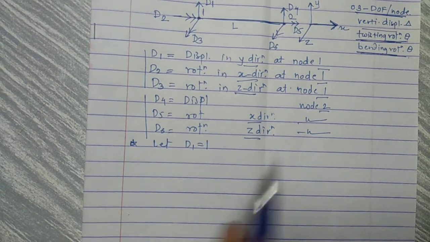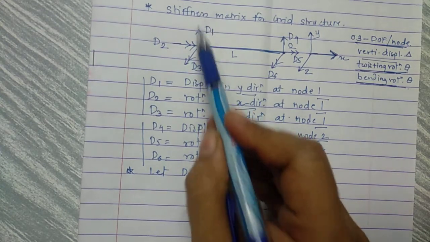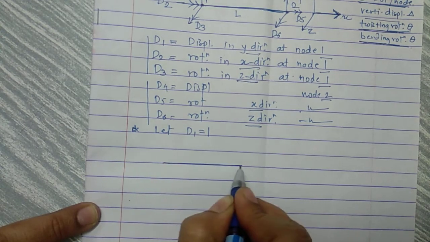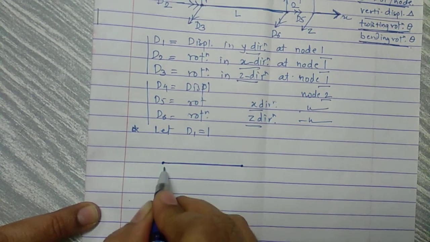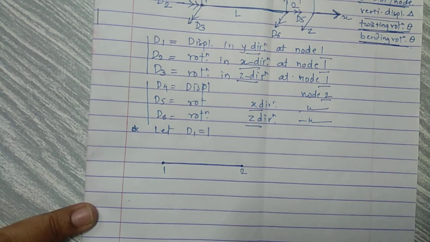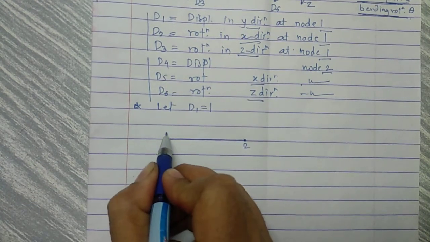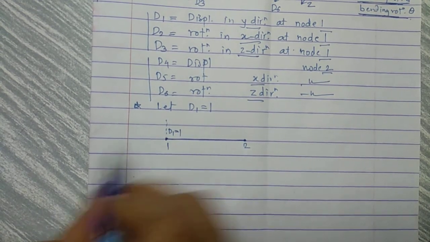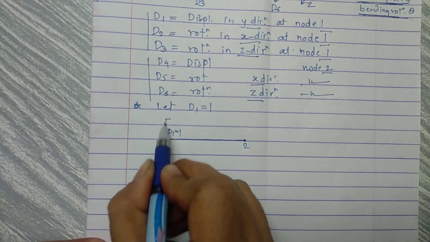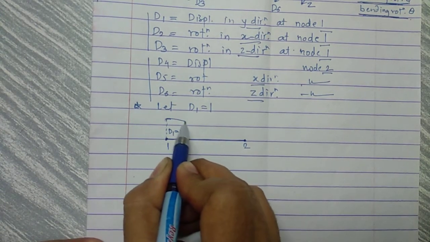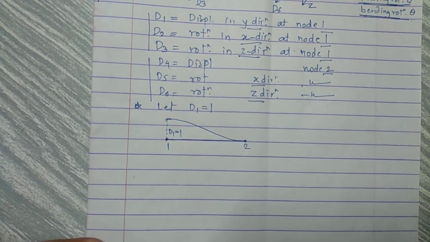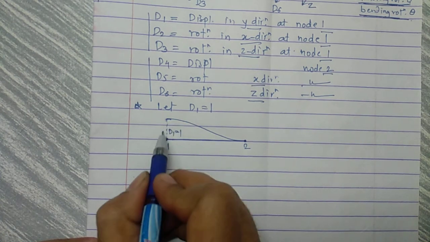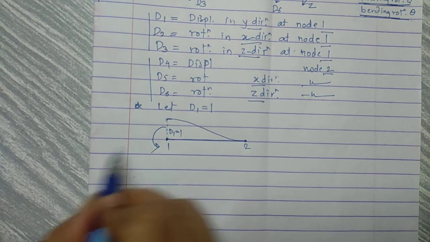So second step, let d1 equal to 1. So d1 is what? Vertical displacement at node 1. So let us draw the figure. This is your original member, with nodes 1 and 2. Now give the displacement in positive direction, that is in upward direction, d1 equal to 1. It will take the shape, only this displacement is given at node 1, node 2 stays at its place. Because of this vertical translation, it will form sinking moment.